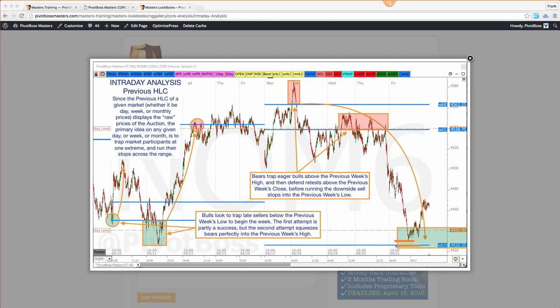Now, the price did not hit the previous week's low perfectly, but just know it doesn't have to be perfect. It never has to be perfect. Your idea was that, hey, if this is a trap and now they're defending and absorbing, maybe I can get this to here. And now you're trying to capture one of these moves, right?